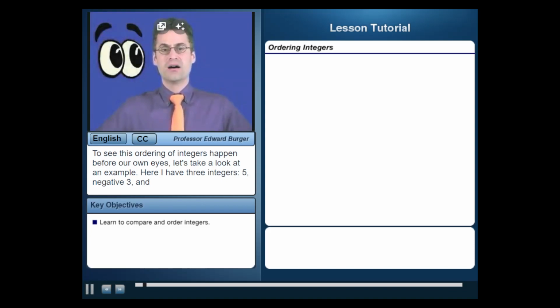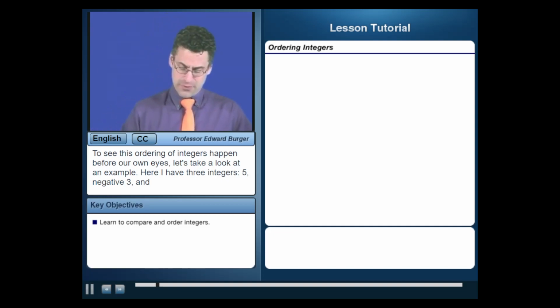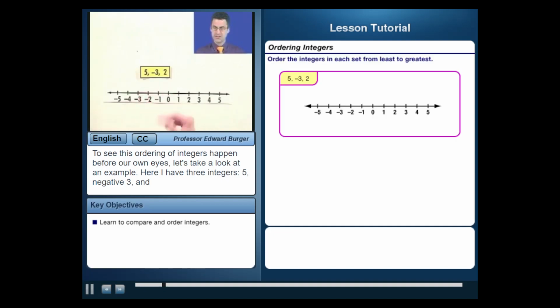To see this ordering of integers happen before our own eyes, let's take a look at an example. So here I have three integers, 5, -3, and 2, and I'd like to order them from the smallest up to the largest. So we might have to actually rearrange these things, and so actually I'm going to, right now,